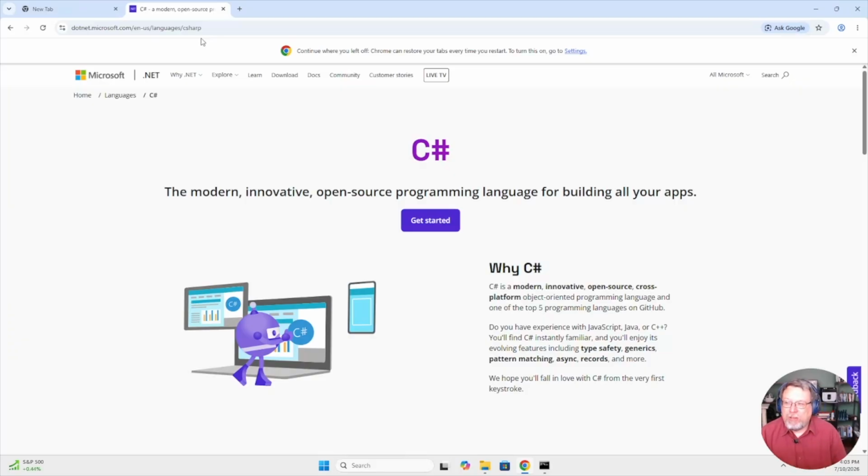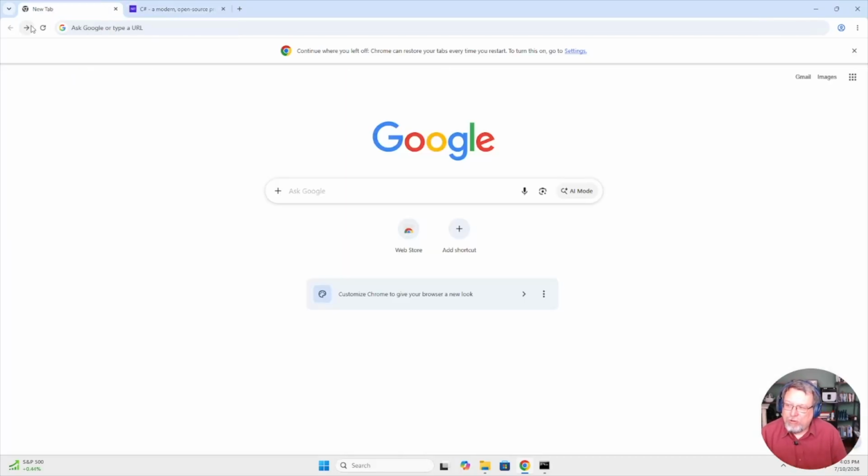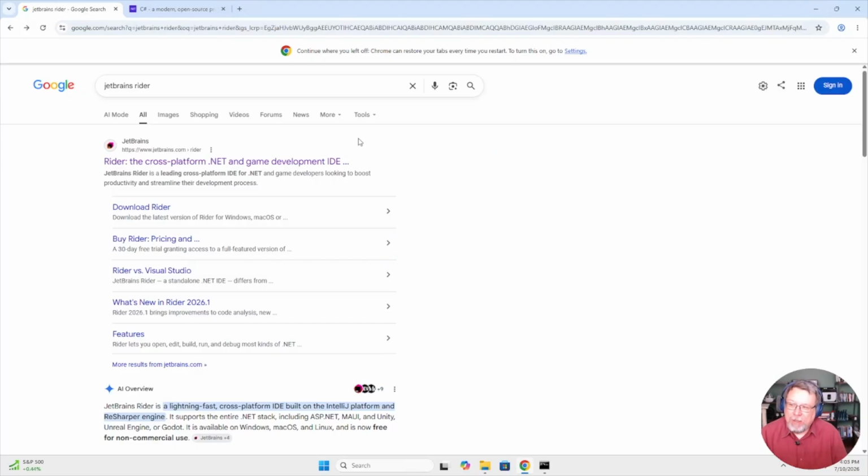What we're going to use is a tool called JetBrains Rider. JetBrains is a well-known company that creates systems that allow programmers to do development, and they kind of sit outside the normal Microsoft and Google kind of complex.